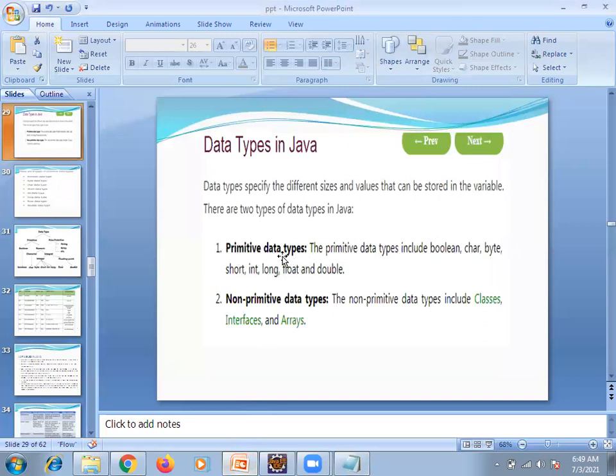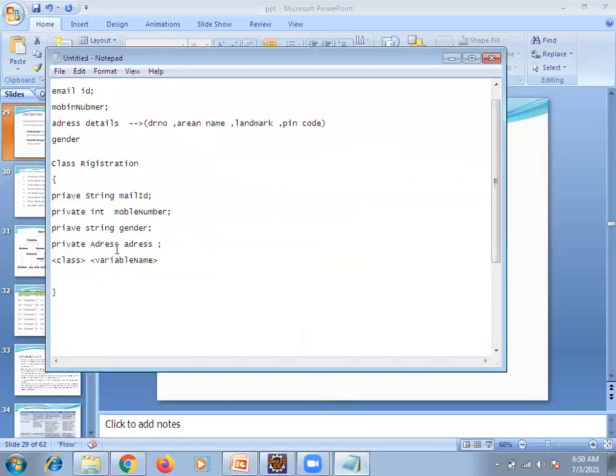So see now, the major difference is the primitive data type. The data types include boolean, char, byte, short, int, long, float, which are predefined by Java. Means predefined. Now non-primitive data types. In non-primitive data types there are also many classes already developed which we are going to use. But in general, classes are the non-primitive data types, interfaces, arrays. Now what data type have we defined here?